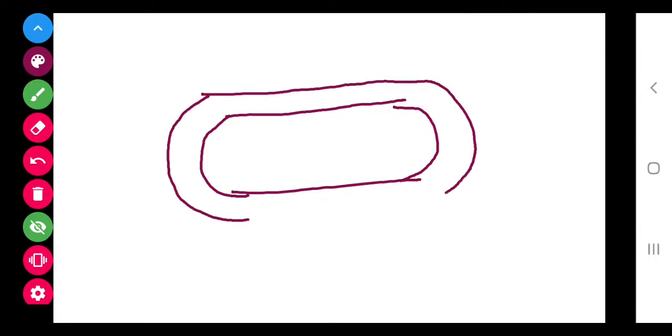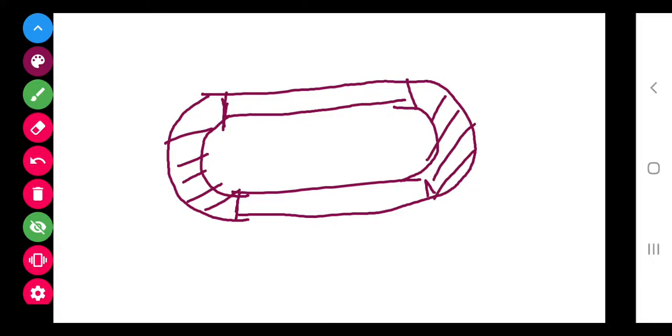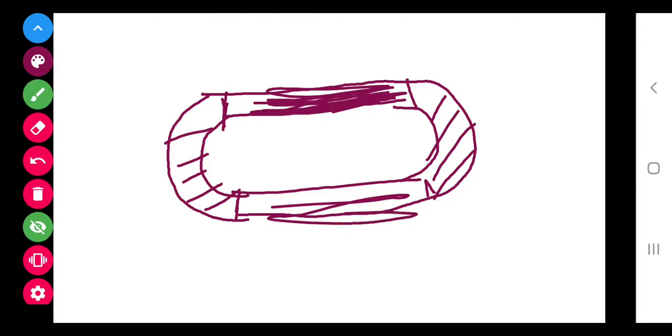If you will see, this is a semi ring, this is also a semi ring, and these are rectangles. So overall, what we analyze is the area will be